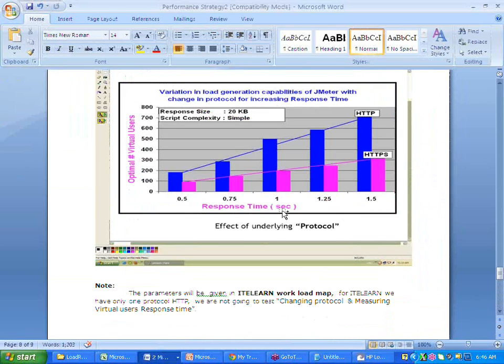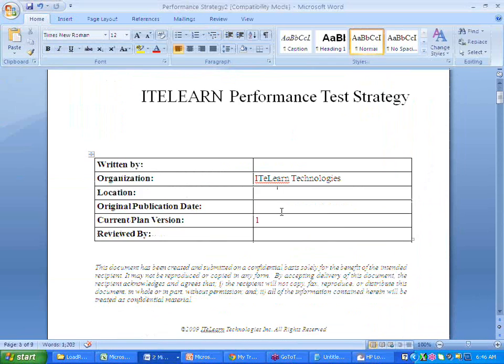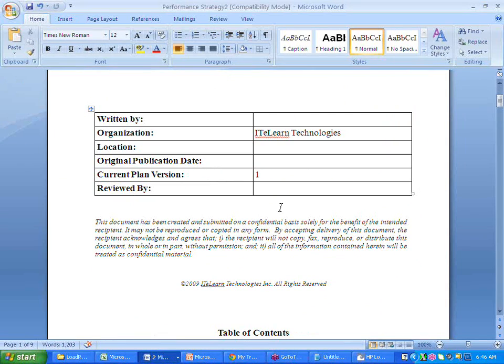Even before we start our load testing or performance testing, because performance testing itself has many types: load testing, stress testing, endurance testing. These are all nothing but the branches, or you can say the categories of performance testing, depending upon the conditions that you apply on the application under test.